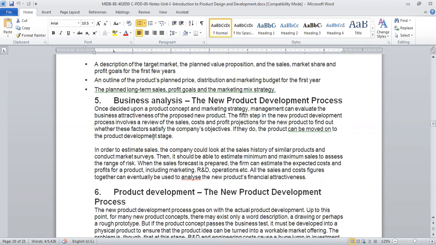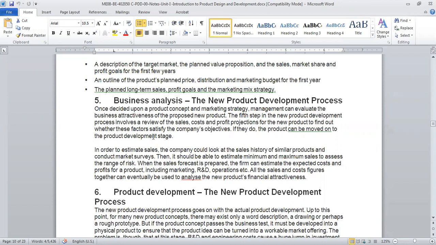So for that they first have to find out sales, cost, and profit. These three things need to be found. How the sales will work out, how many products will be sold, what the costing of the product is, and what the profit is. Depending on that, they will try to make the product attractive. How will you make your product attractive? By giving good quality, right? Then by giving good costing, people will definitely buy it.